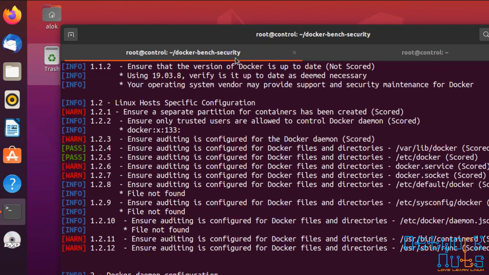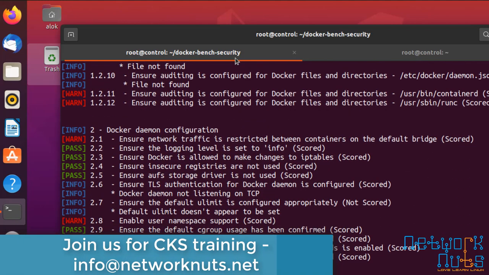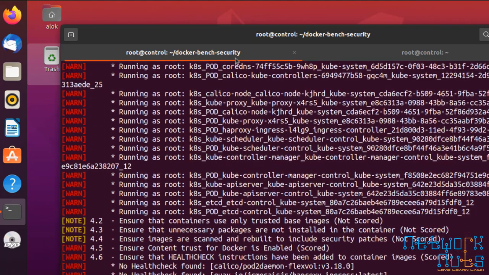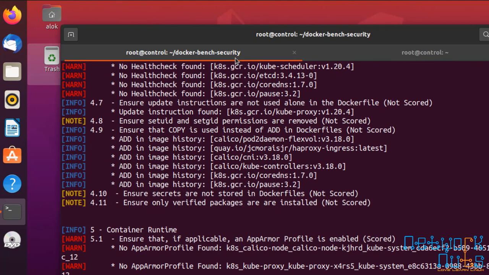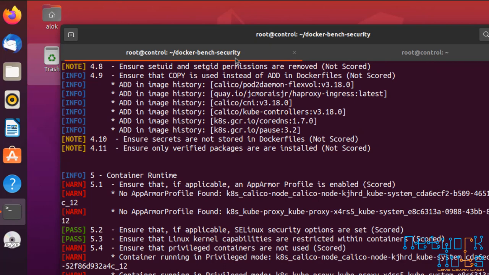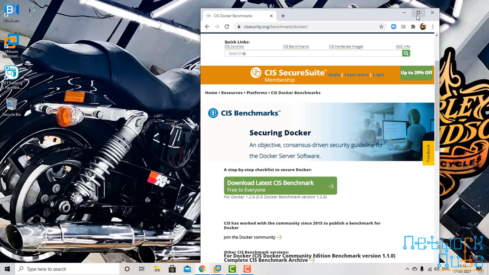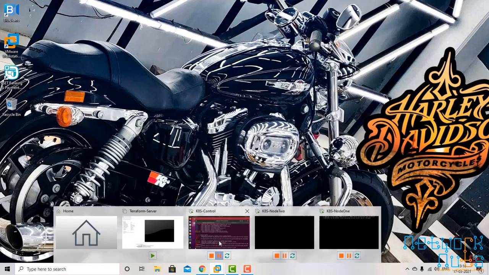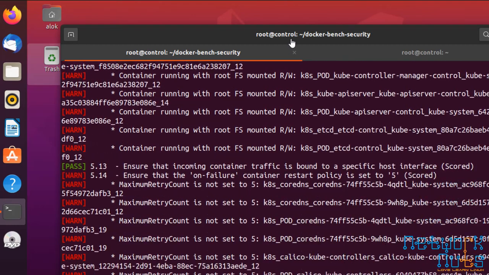The more score you are getting, the fewer vulnerabilities there are, and you can sleep tight without any worries that no one is going to do any mischief on my server, on the Kubernetes cluster. And don't forget to tell me a name for this darling, right? I call her darling. If you have got a better name, I don't mind changing it. So let's check it out and go.